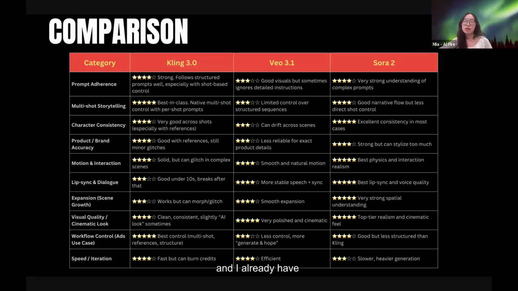And I already have the comparison table for each of the tools in terms of the category, like the prompt adherence, the multi-source storytelling, the character consistency, the product brand accuracy, the motion interaction, the lip sync and dialogue as well, the expansion scene, the visual quality, the workflow control, and the speed. So for the speed, you can see that while prompting, we want to note that when you want to generate videos from the Kling 3.0,